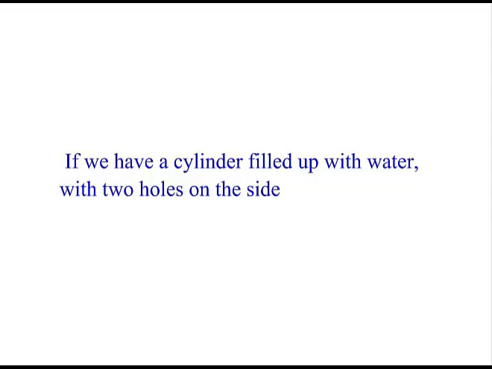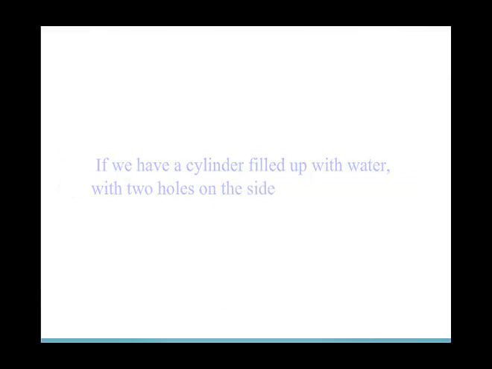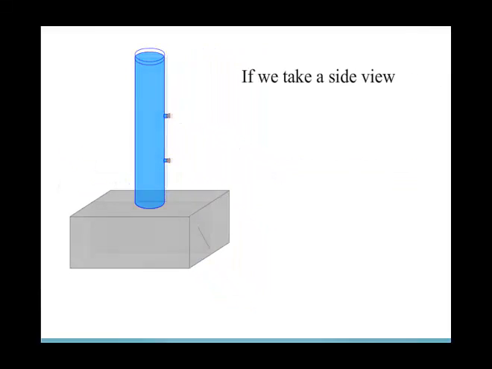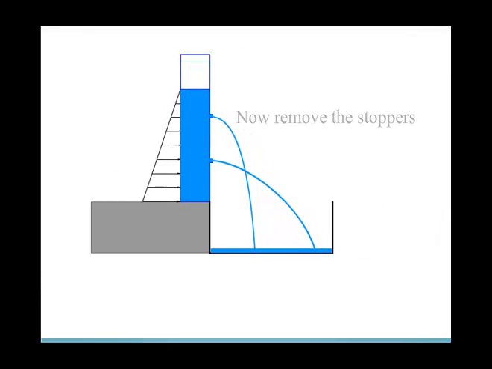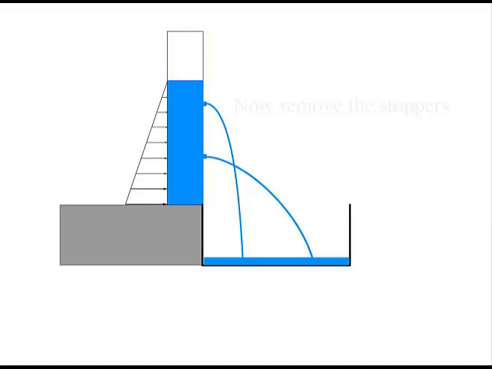If we have a cylinder with two holes with stoppers on the side and fill it up with water, then we take a side view and remove the stoppers. As you can see, water will flow out from both outlets, but the horizontal distances traveled by the water flow are different. For the flow from the upper outlet, as you can see from the pressure gradient on the left side, it's under a smaller pressure, so it won't get as far as the lower one, which is experiencing high